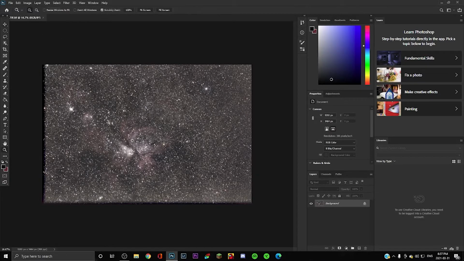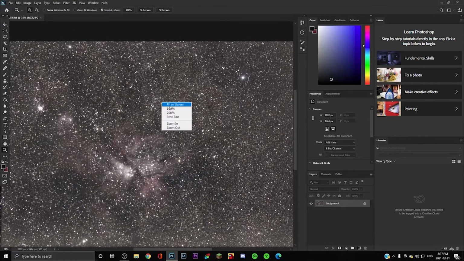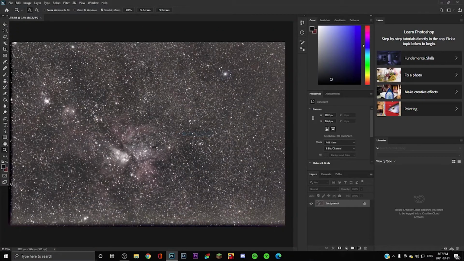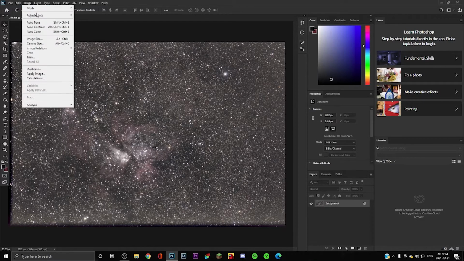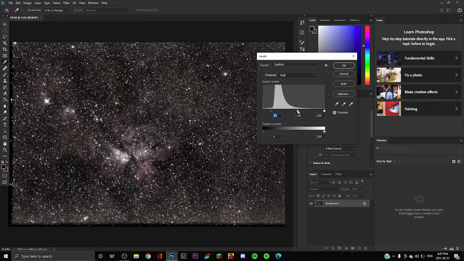So I've gone and done the auto stretch in Siril, and there's a lot of detail that you can already see in the hydrogen alpha bit, but we're going to bring out more of that detail. I did an auto stretch in Siril, like I said, and it did a really good job. But I want to stretch it out a bit more